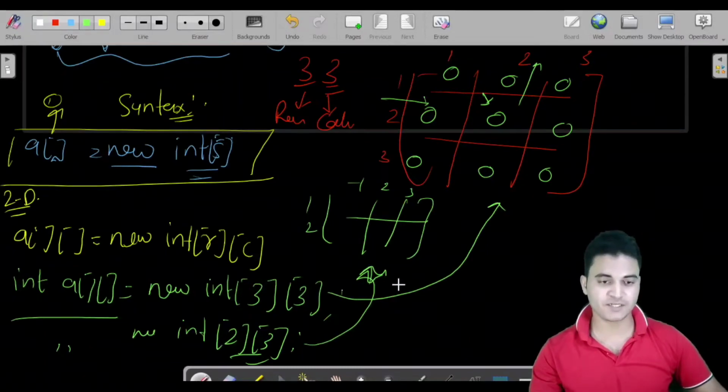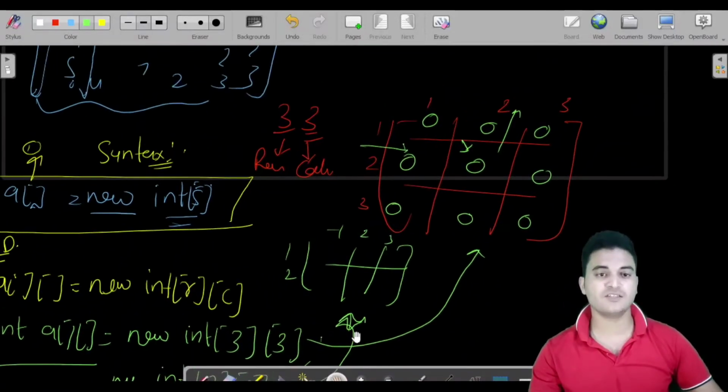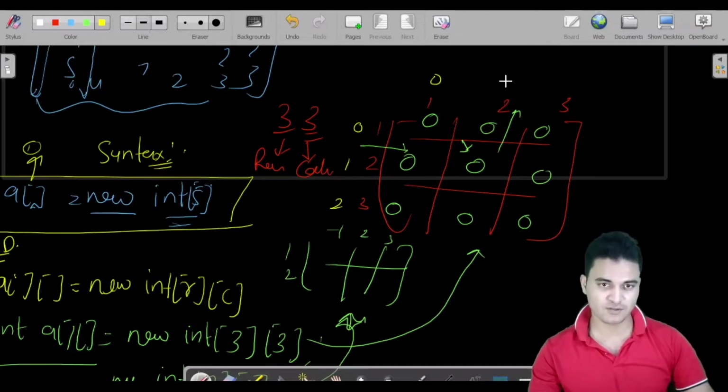And to keep you updated, I have written it wrongly just to explain to you. This is not exactly 1 2 3. Instead of this, they are 0 1 2, because in arrays, as I already told you, indexes are 0 based, so it would be 0 1 2. Same goes for columns also. So 0 1 2, not 3 here. So we are on the first row and first column.